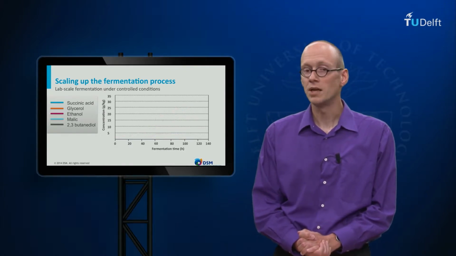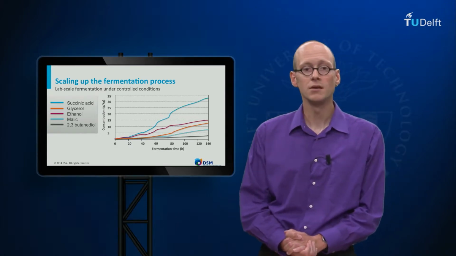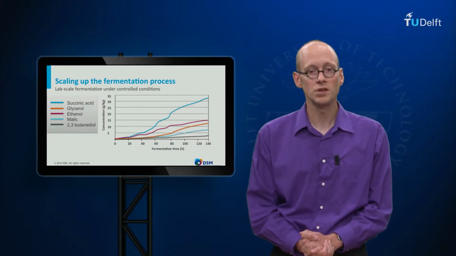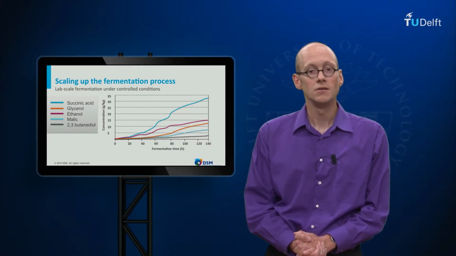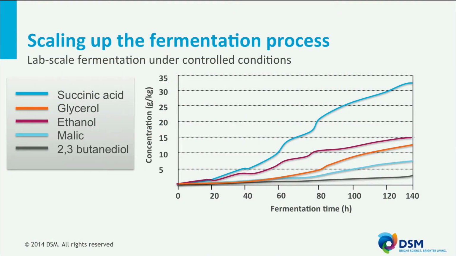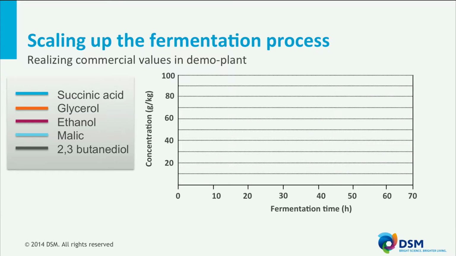When we evaluate this strain in a controlled environment, called the fermenter, we could already enhance the performance for succinic acid by a factor 3. Now you can see that we have more succinic acid than byproducts, but still the byproduct levels are too high to have an economically viable process. After that, we did quite some improvements in strain engineering and process conditions. Typical results we're having now is that we can reach product concentrations of around 100 grams per kilogram at pH 3 and almost no byproducts formed, meaning this process is ready for implementation in a plant.